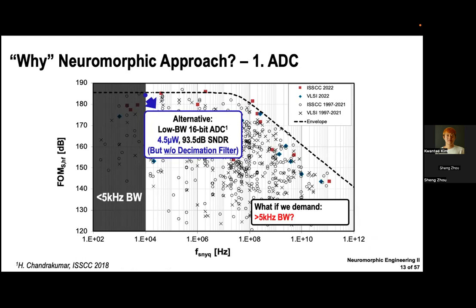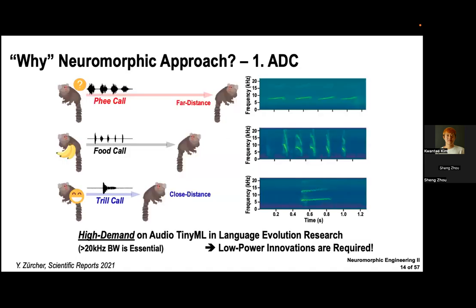And the second question I want to address is, what if we demand more than 5 kHz bandwidth? Because 5 kHz bandwidth is specified on the condition that our voice signals are mostly concentrated within 5 kHz. So it can be possible, sacrificing slight accuracy of the DNN classifier, but it can still be okay. However, if we require more than 5 kHz bandwidth, then we are having trouble, such as this kind of